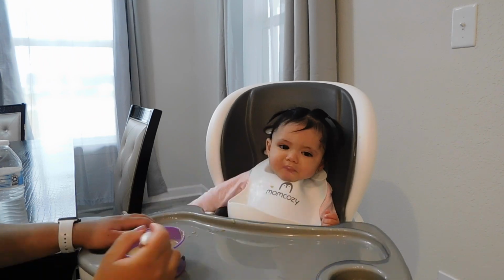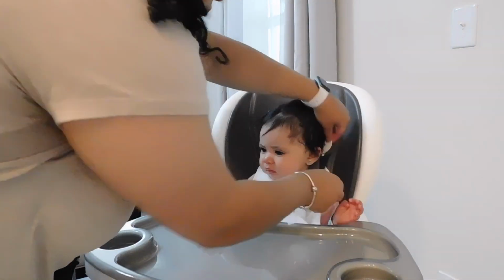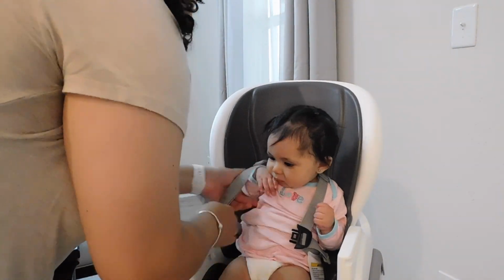After she's done eating, I'll go ahead and take a baby wipe and wipe down her face and her hands. After I'm done cleaning her up from breakfast, I'll put her back in her pack and play so she can